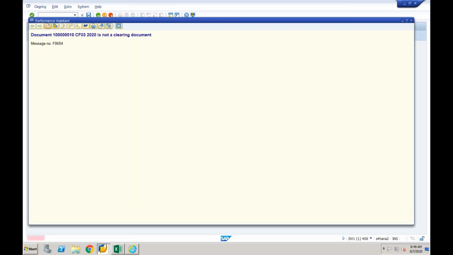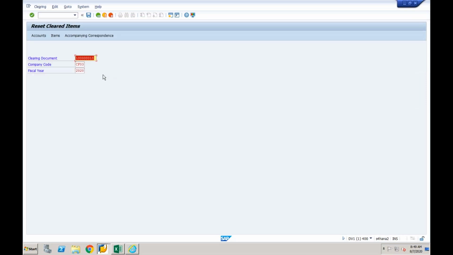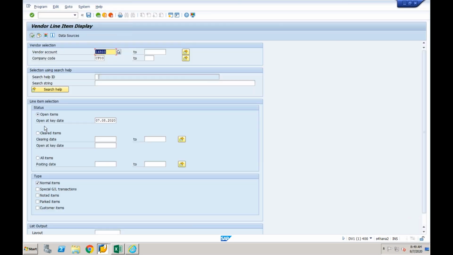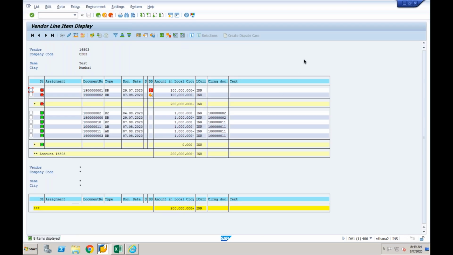Okay, let's see why it is not a clearing document. It is actually the clearing document, but let's see in FBL1N, all items, and this one. We posted this and then we cleared with